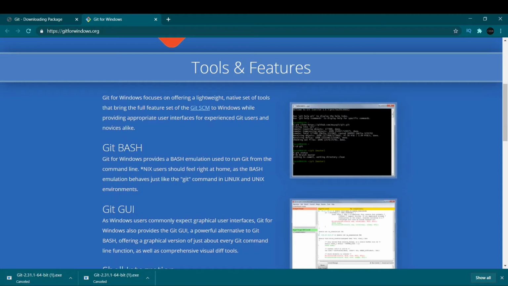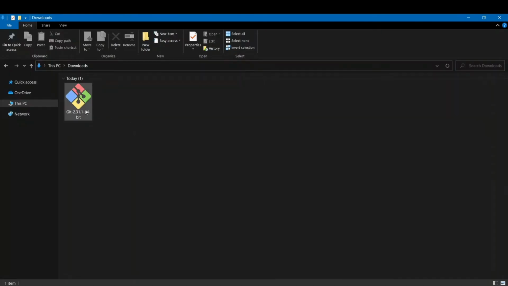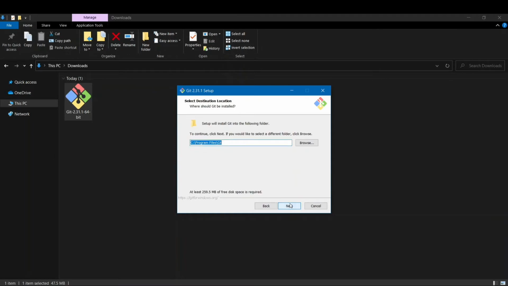Once we have downloaded it from either of these websites, I'll give the link in the description. Go to your downloads, and here you can see the file has been downloaded, so just press enter. Once this pop-up appears, click on yes, then click on next, and select the folder where you want to save your Git. It can be any folder that you want, but I'll leave it at default.